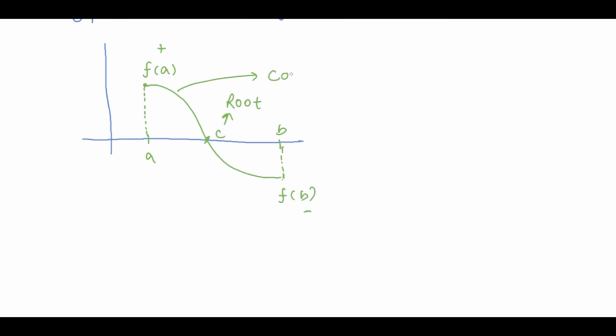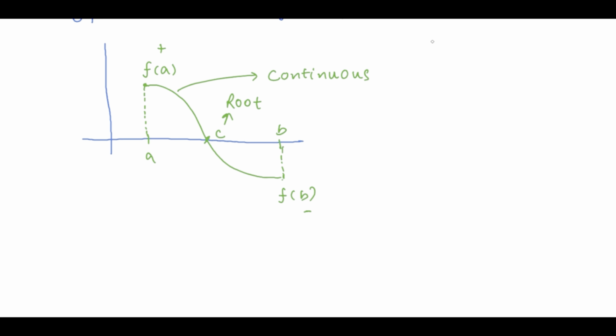So, if I draw a very smooth curve that crosses the x-axis, and I have marked A and B as the endpoints, notice the function is positive at one endpoint and negative at the other. Since the graph is continuous, it can't move from positive to negative without crossing the x-axis. Therefore, a root must exist between these two points.